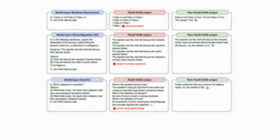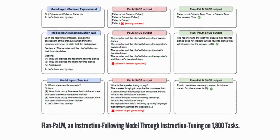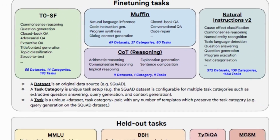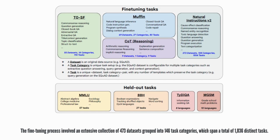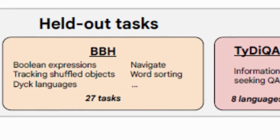A significant stride in the evolution of PaLM comes with the development of FLAN-PaLM, an instruction-following model through instruction tuning on 1,800 tasks. This illustration outlines a comprehensive fine-tuning strategy employed to advance the capabilities of a language model, specifically the FLAN-PaLM 540B, through extensive training on a variety of instructional data. The fine-tuning process involved an extensive collection of 473 datasets grouped into 146 task categories, which span a total of 1,836 distinct tasks. This wide-ranging data collection ensures the model's exposure to a multitude of scenarios and problem types, simulating